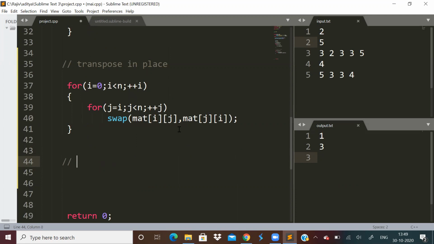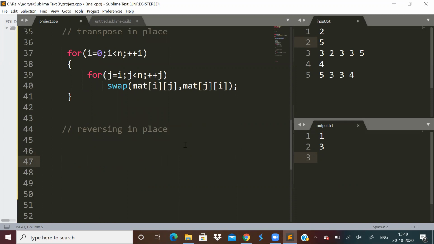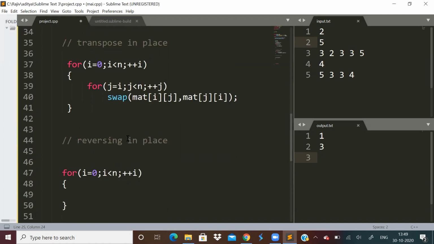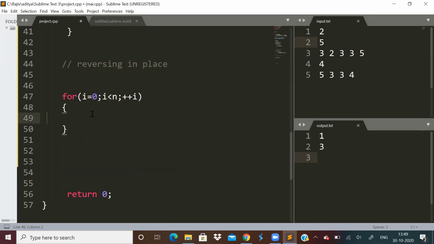We also have to do the reversing of the columns. How to do this in place? In place means we should not take any extra space. So to do this in place, again run a loop, i equal to 0, i less than n, plus plus i. We will need an extra variable k. j should be 0 and k should be n minus 1.